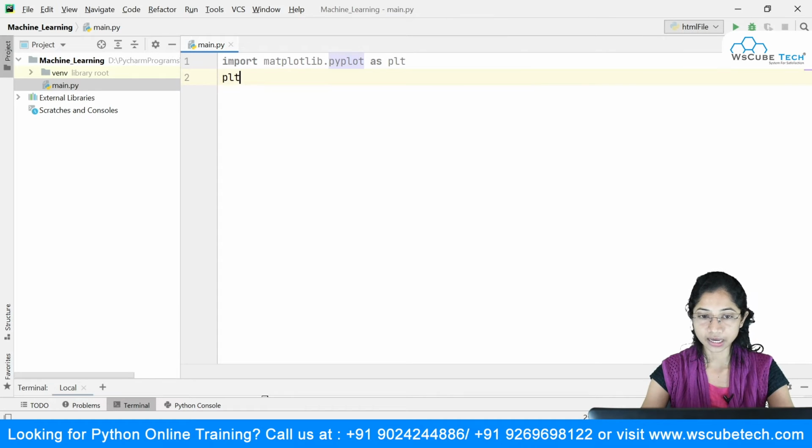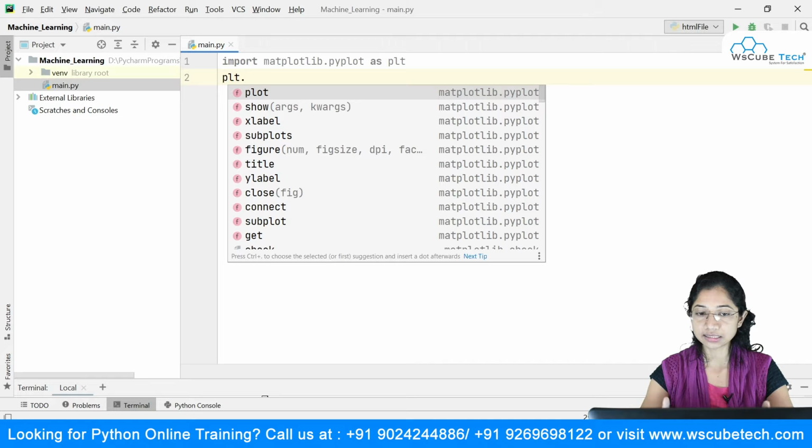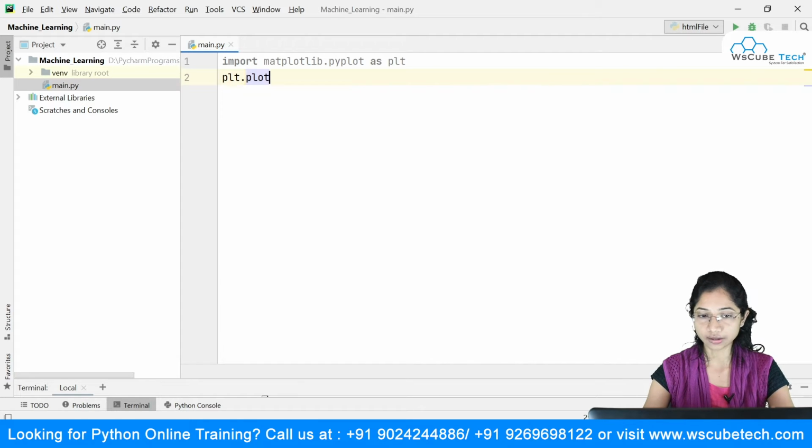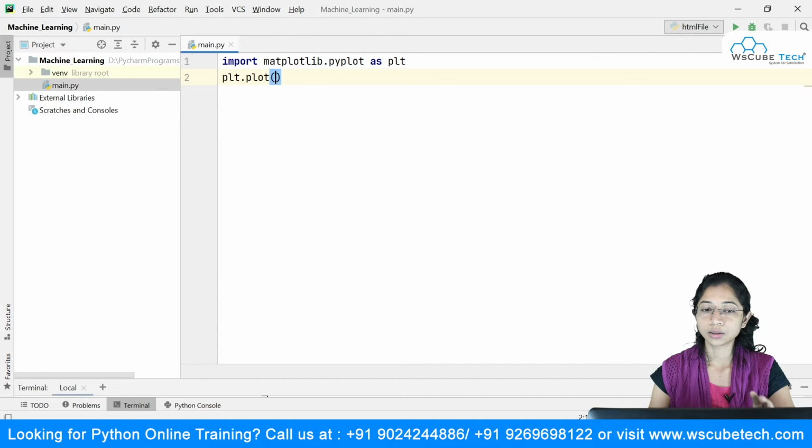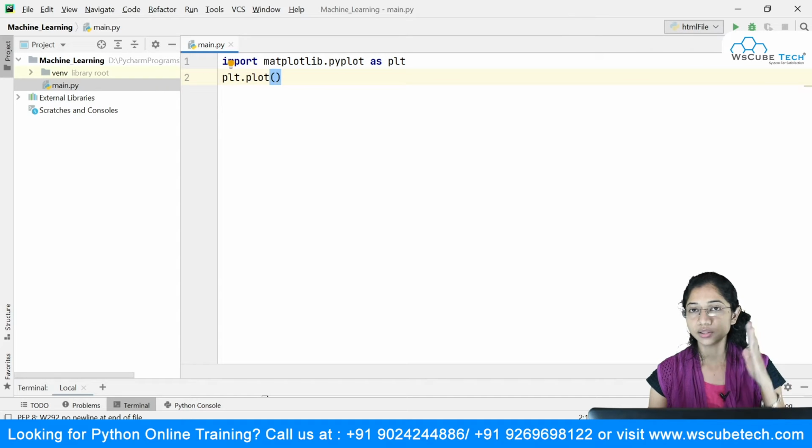If I say PLT dot, you can see these are all the methods which come under pyplot, which is a part of matplotlib. We want to plot a graph, so I'm going to make use of the PLT dot plot method. Inside this, I need to pass the x-axis values and the y-axis values.